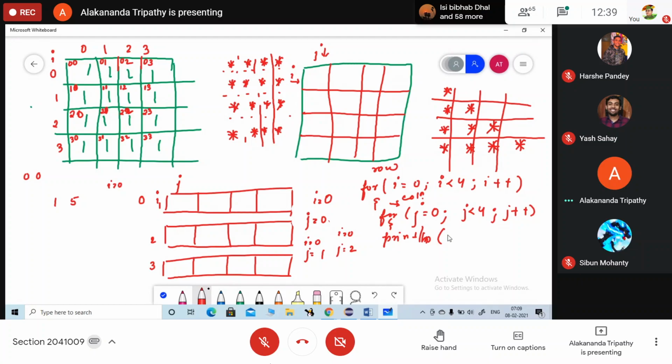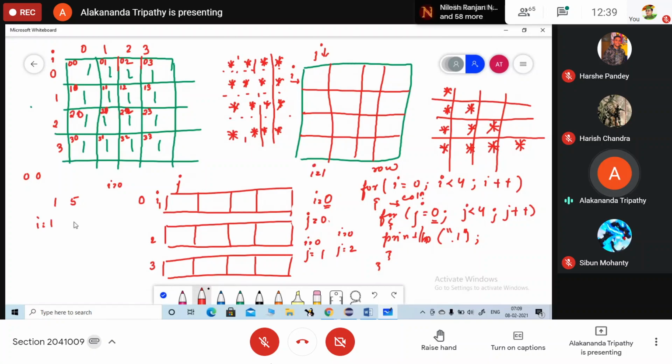So when I value is 0, J is 0. What will be printed at 0, 0? 1. I is 0, J is 1, again 1. I is 0, J is 2, 1 is printed. I 0, J 3, 1 is printed. After you printed the first row, in every column you print 1, then the loop will change to I. What will the value of I update to? 1.